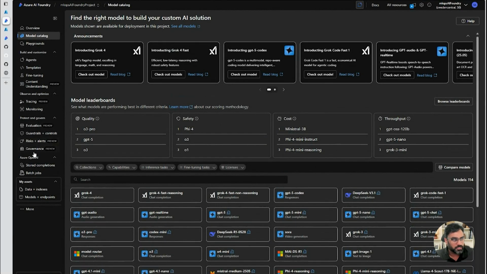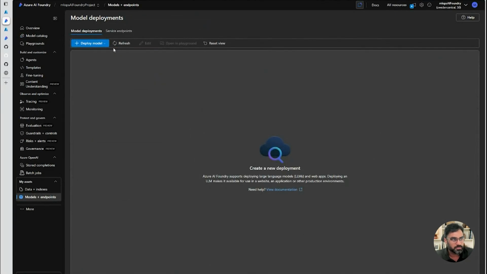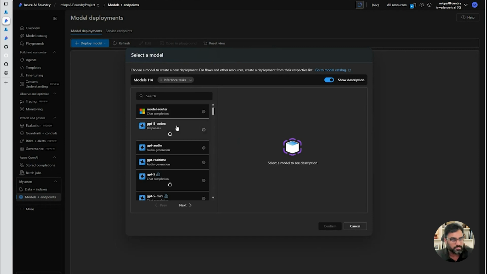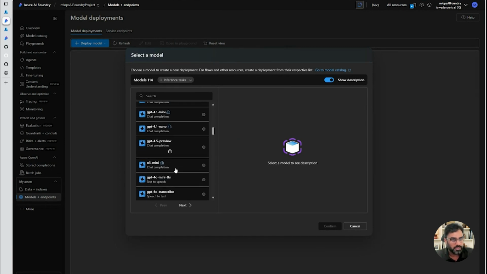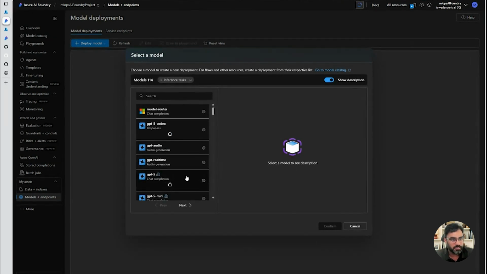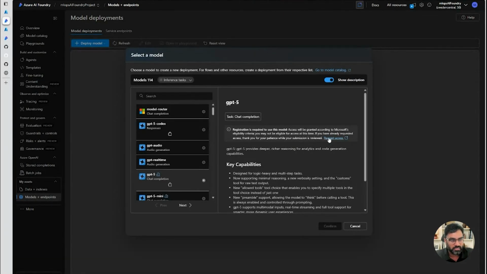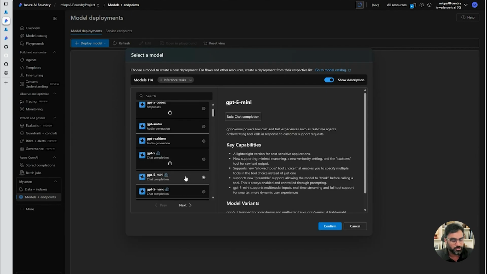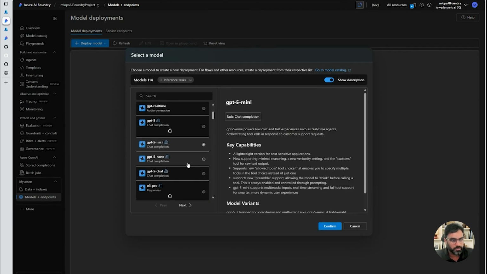To start with, right, you come here and start with deploying a model, right? There will be some models you need to submit a request for. You can come here and click on this deploy base model. That's where you'll see a lot of models that you can deploy, right? Some will need additional permissions, so you might need to submit a request on the use case, then you will get approved. But otherwise, some, like any of the mini models, are pre-approved, so you can directly deploy them, right?